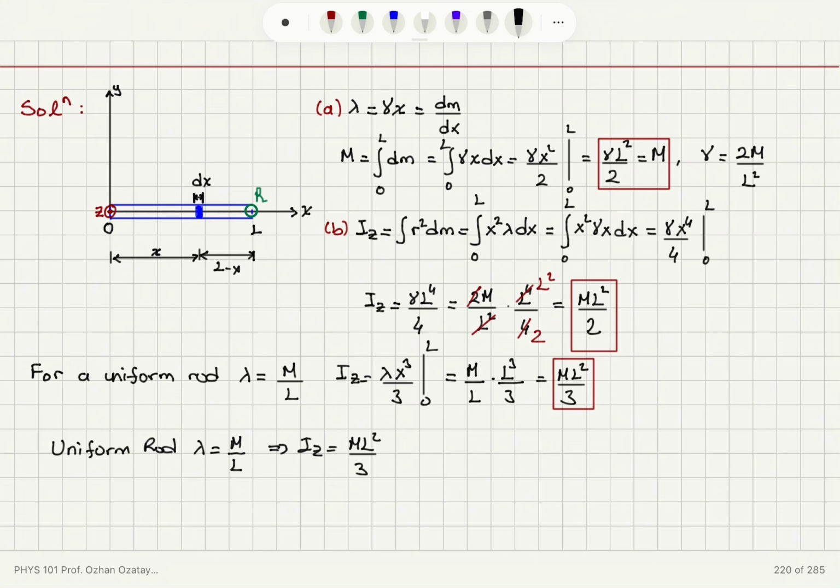For the non-uniform rod, with linear dependence on x, lambda is equal to gamma times x, and the moment of inertia with respect to the z-axis is capital M L squared divided by 2. So I see that the moment of inertia Iz is higher